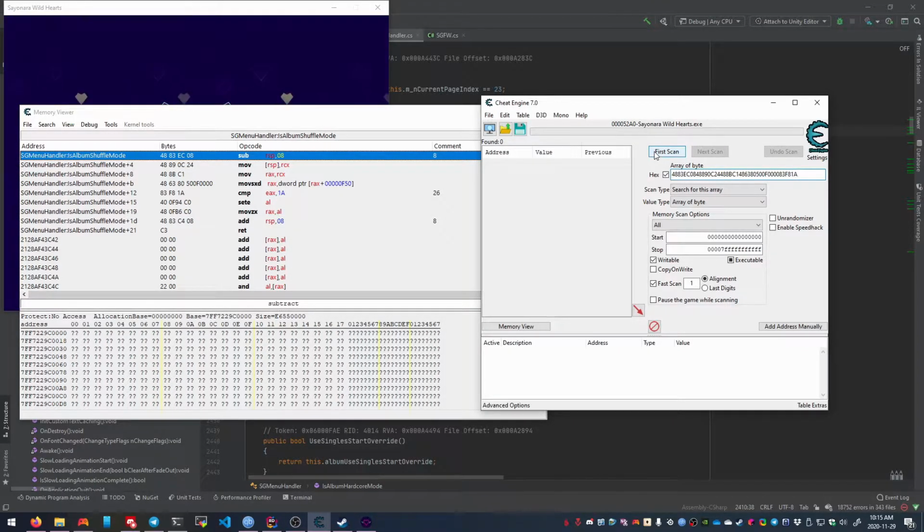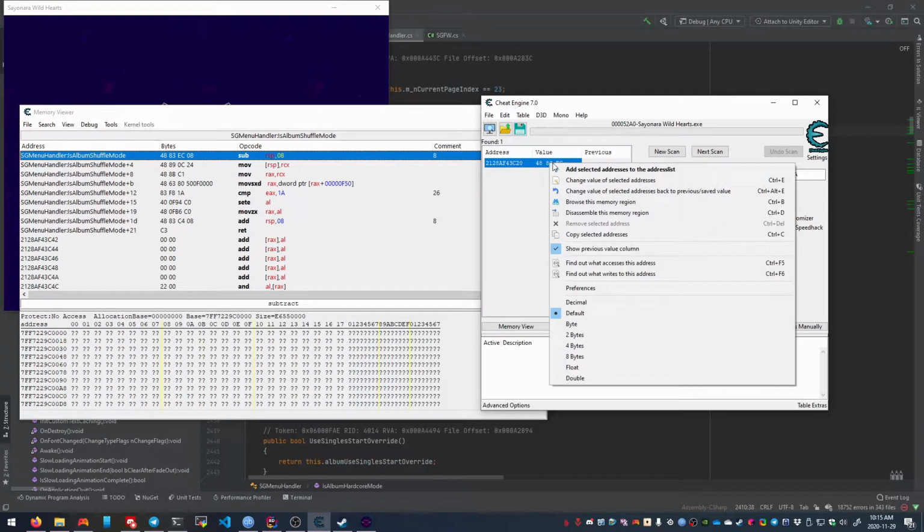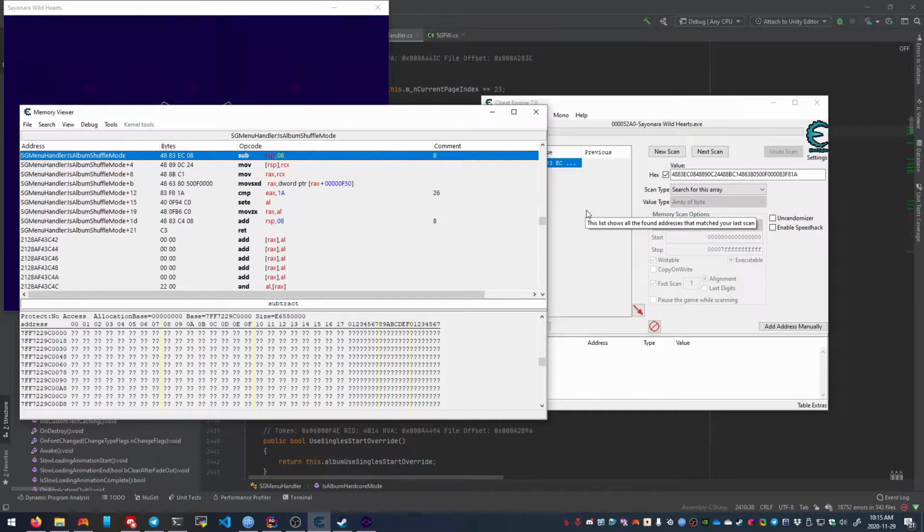So we want to see if we can find that somewhere actually in the game itself. Ah, yes, we can in fact find that. And it's only in one spot, which means that if we disassemble that memory region,